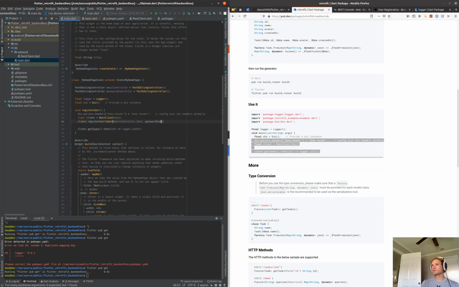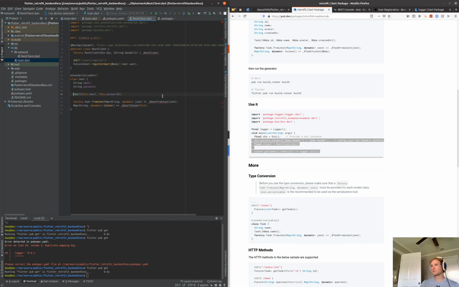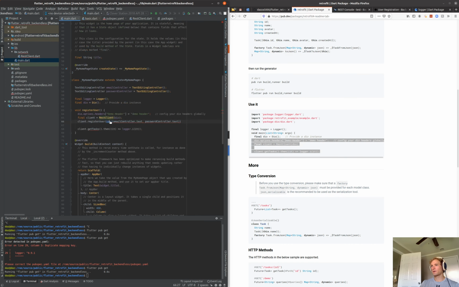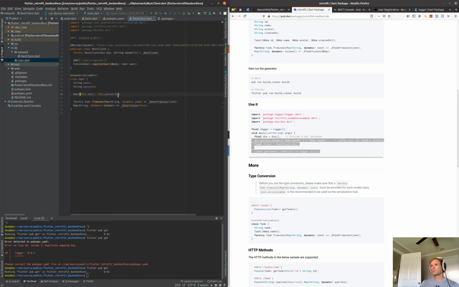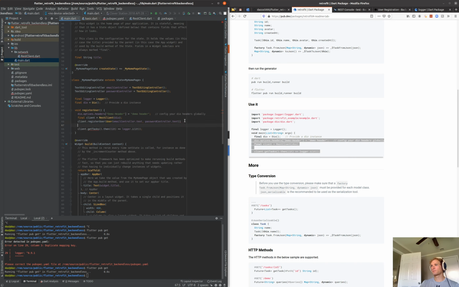So I'm not sure if this is going to work because something's angry here. What's it saying here? Too many positional arguments. Okay, here we go. So just so we don't have to muck with positional arguments, we can do that. And then we'll do this. We'll just take the rest of this stuff and we'll just cut